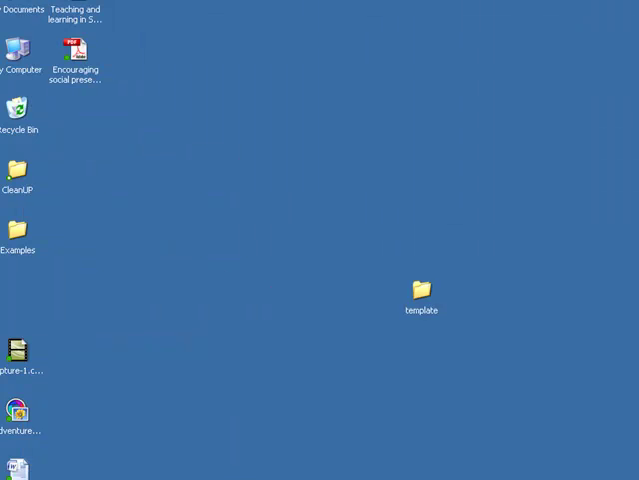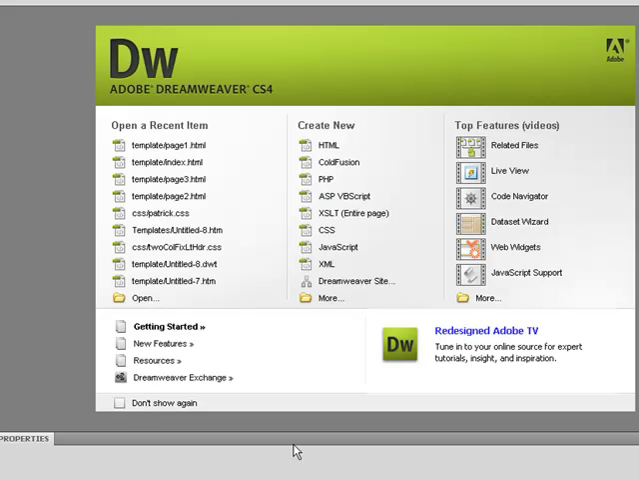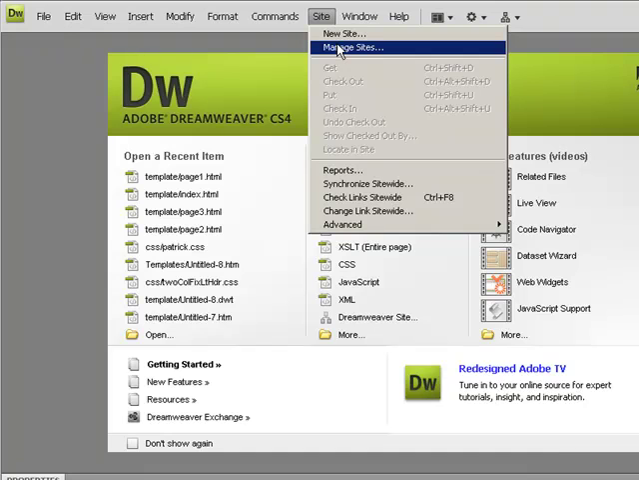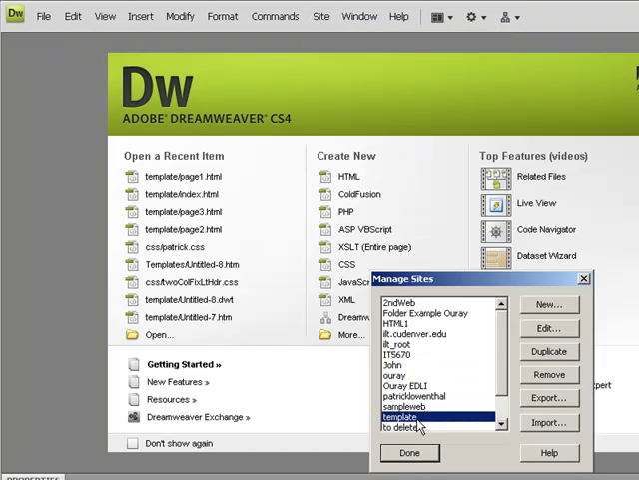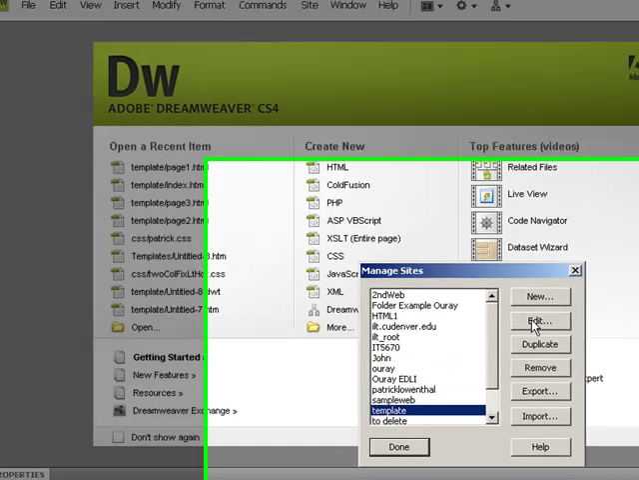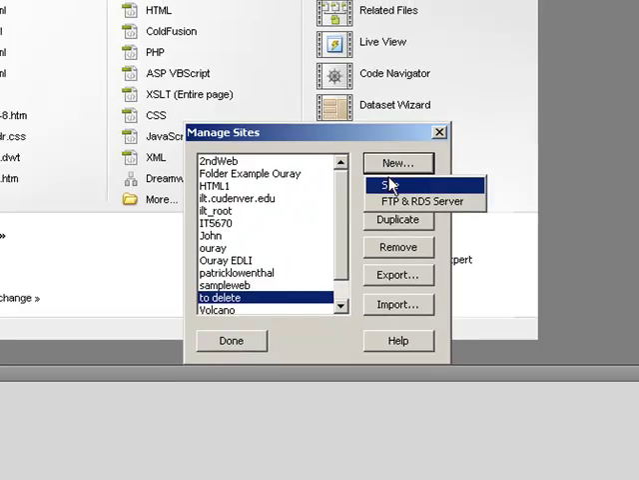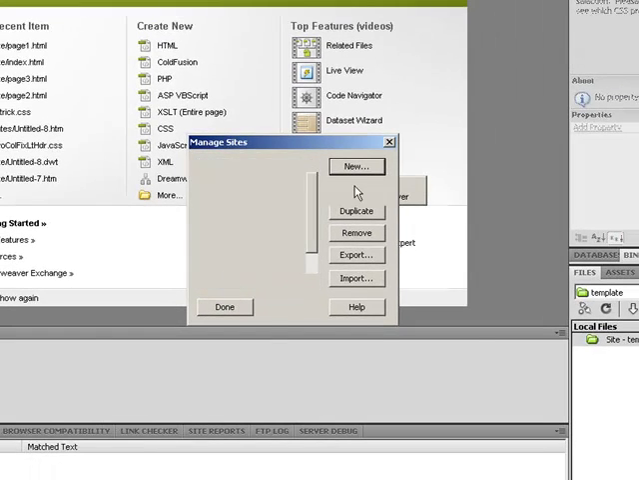The next step I would do is I would actually go through and set up my site definition. So I'm going to actually just manage this because I've already done this. I'm going to click edit. Actually, we'll remove it and we'll pretend we're going to do a new one. So I'm going to do a new site,